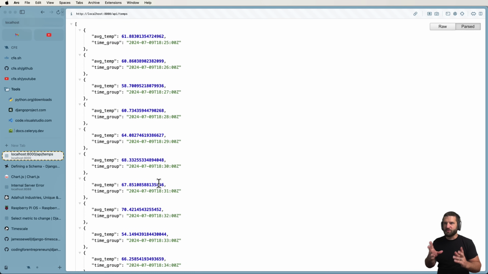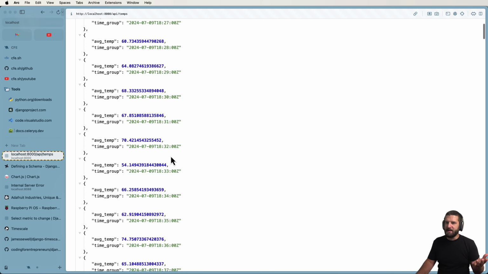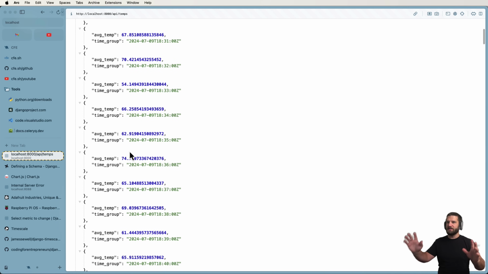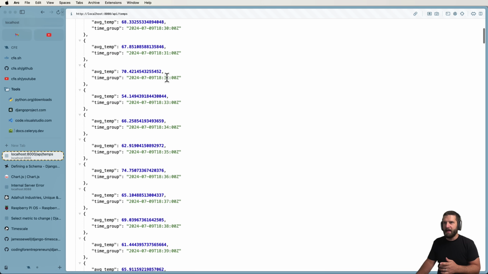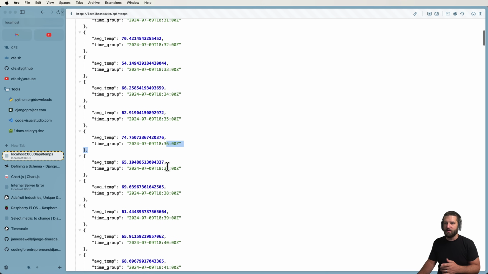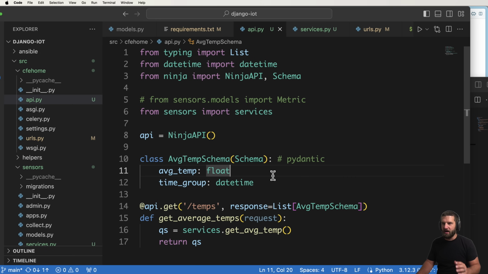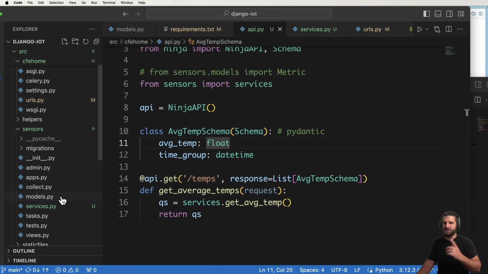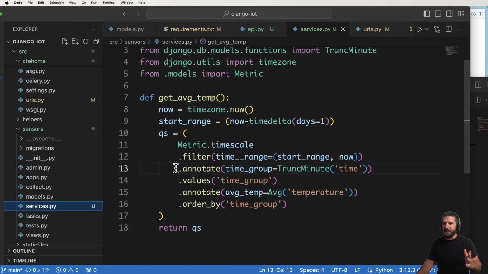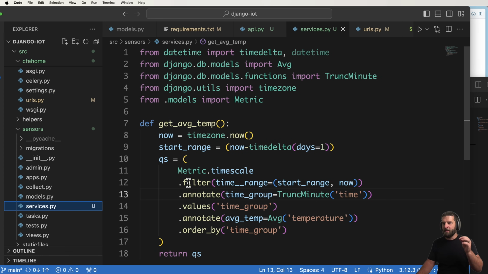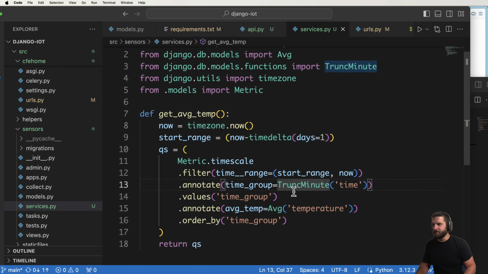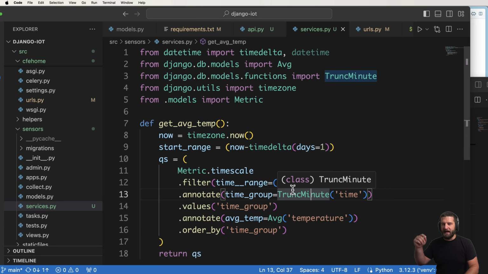Pretty neat, right? So this is accurate to this random data. Not surprising, the data is all over the place in terms of real temperatures, but what we see here is the actual data working correctly. And as we see, it's also based off of the minutes and all of that. So all of these aggregations under the hood are really efficient thanks to TimescaleDB. So I get it, some of these things you can do with Django by default, but the actual filtering based off of this range works really, really well and really easily thanks to just using our TimescaleDB. But I actually want to take this one step further and use another API for our various nodes,